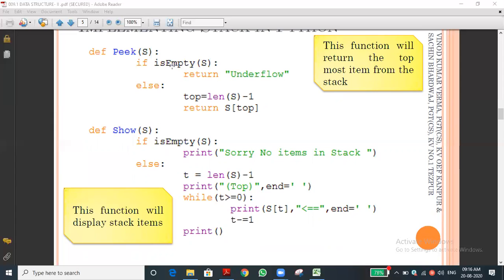Suppose the is empty function is returning false. False means the stack contains some element, so the else part will execute. In the else part, top equal to len of s minus 1, so it will be stored in top, and return s of top. s means the stack, and top is the index. That index element, which is the peak element, will be returned.